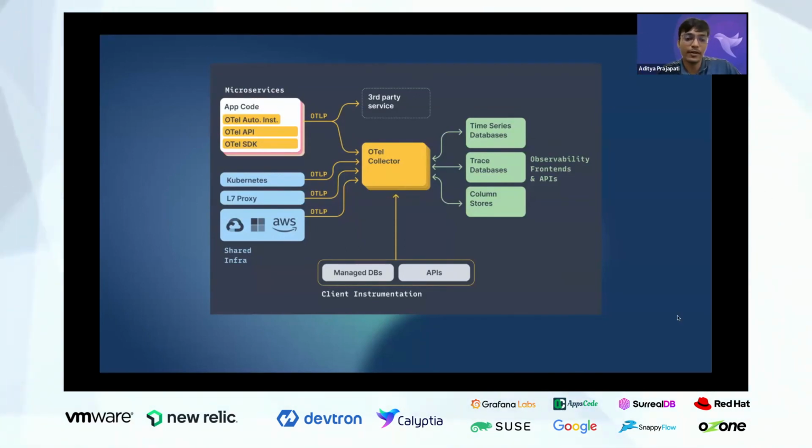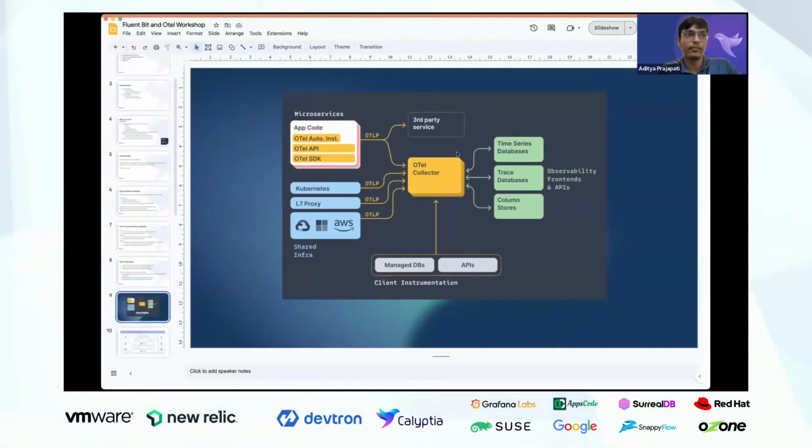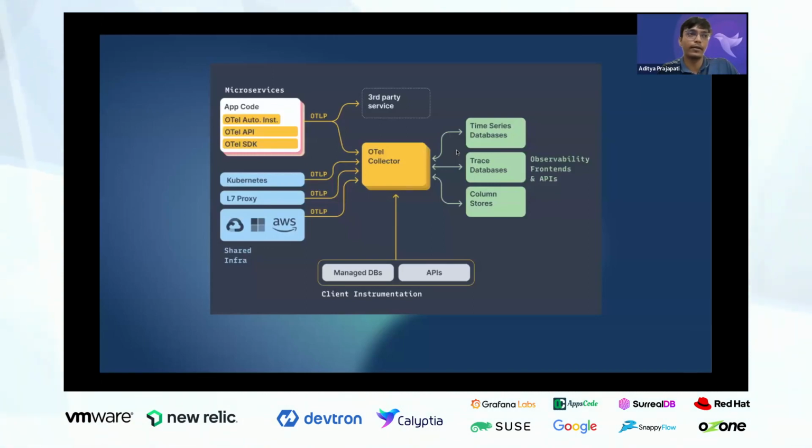But with a collector, you can collect the data in a single place and process it together. In the collector, you can do things like sample the traces or add processors like batch processors, or there are a dozen processors. So you can process the data and then send it forward. And in case you have a lot of data, then you can